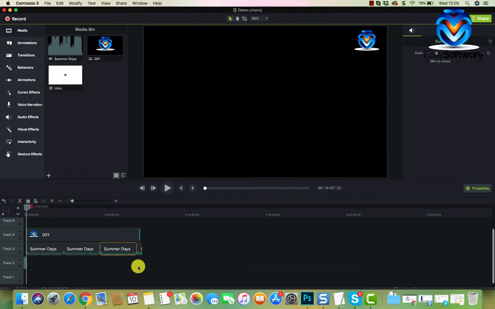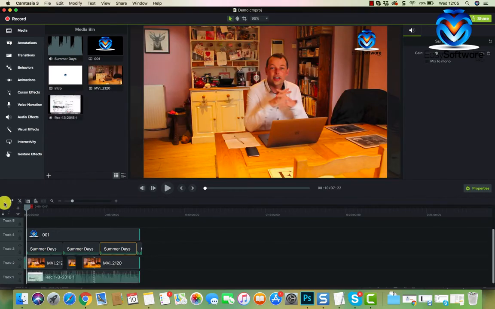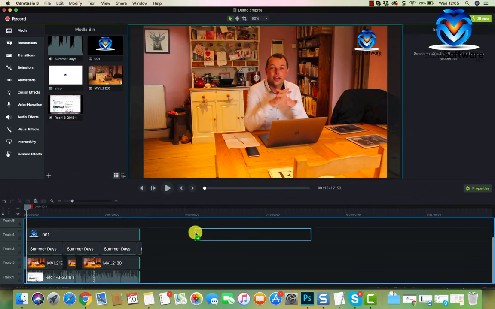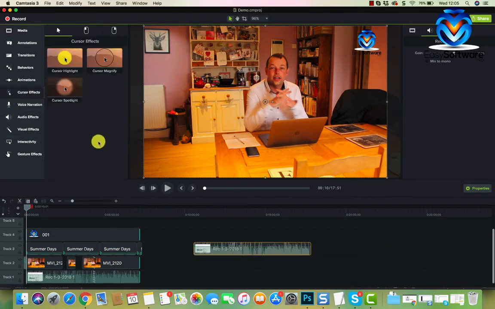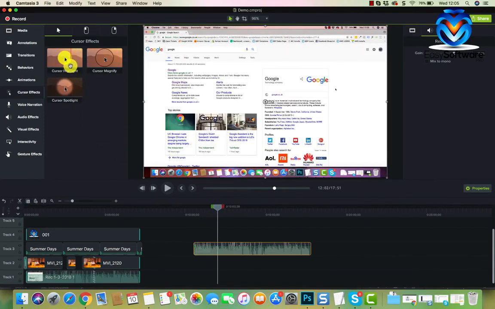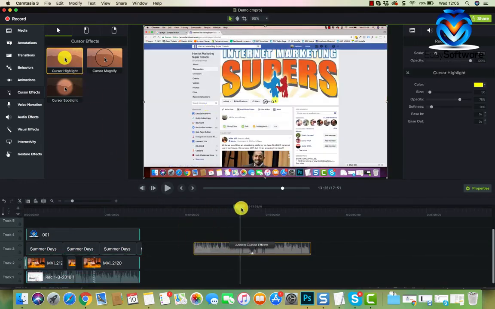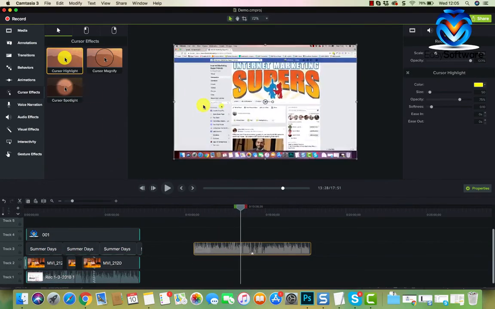So that is, you know, what Camtasia does. Oh, there's one thing actually, just undo that. With the screen recording, there's another thing you might want to use. Now, of course, there might be lots of other things you want to use, but here, cursor effects, this is something you're going to want to use. Let's just look at the different ones. Now, the yellow one is the one I always use. So that puts this yellow